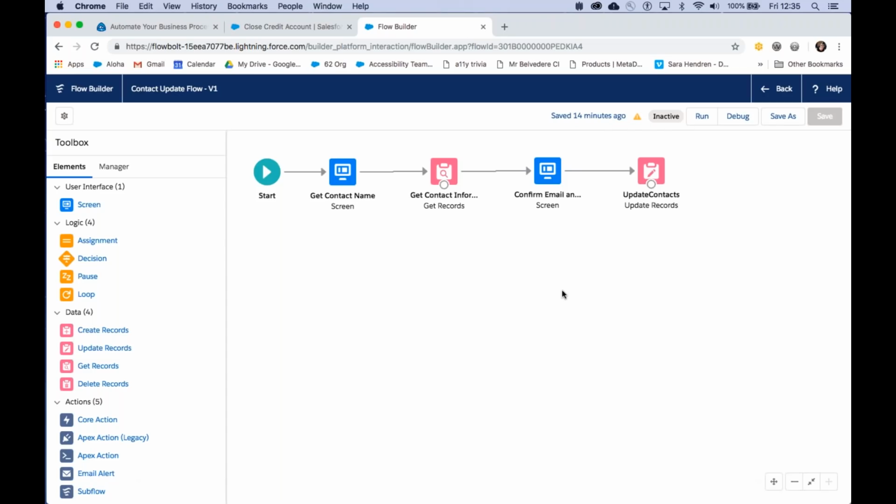I don't think we're going to be able to support copying, like if I have flows in two different tabs, copying this element on one tab and then pasting it into another flow. One thing that may help with that, that we're starting to roll out in Spring '19, is templates.